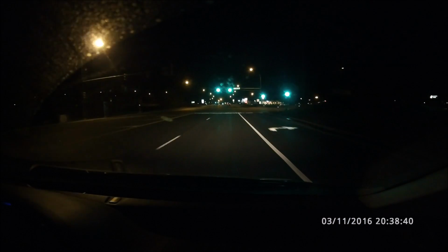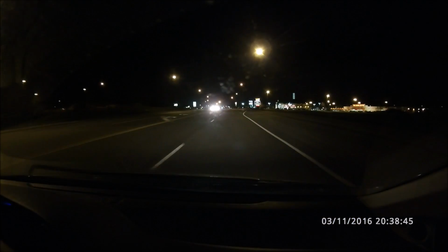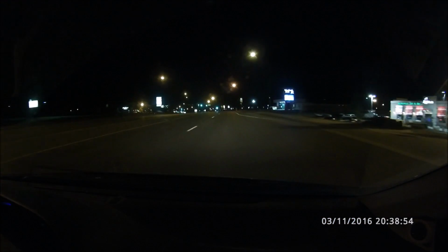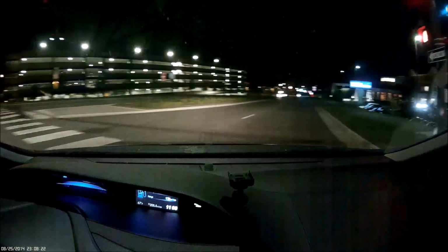Now this is some night footage in the 1080p 60 mode, and as I said, I will provide links to these for the raw footage, but overall I would say the night footage definitely is good. It didn't wow me, like it didn't knock my socks off or anything, but it's definitely better than the Mobius. I felt like the Mobius, while it has really good day footage for such a cheap camera, had pretty poor night footage. So just for comparison, this next clip right now is actually the Mobius,